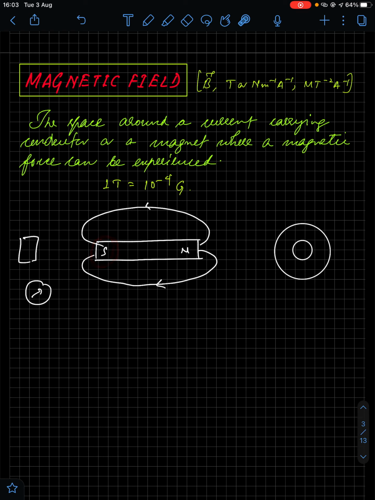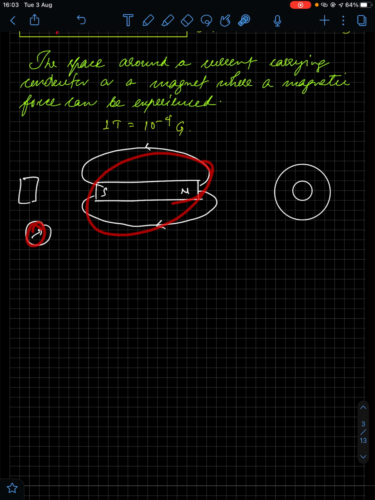Coulomb's law. So this is the south pole. The north pole of the compass will point towards the south pole of the bar magnet. When you remove this bar magnet, you will see that the compass shows the natural north south direction of the earth. But when you bring it close, it will straightaway point towards the bar magnet. So it is experiencing a magnetic force, and therefore this deflection is happening.